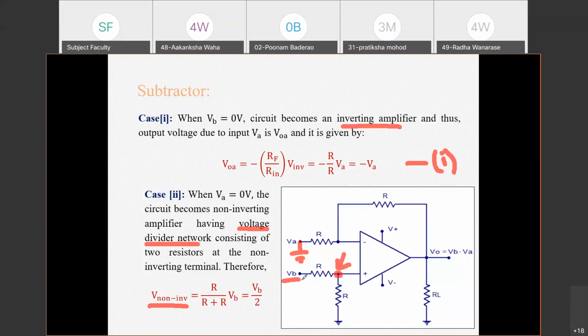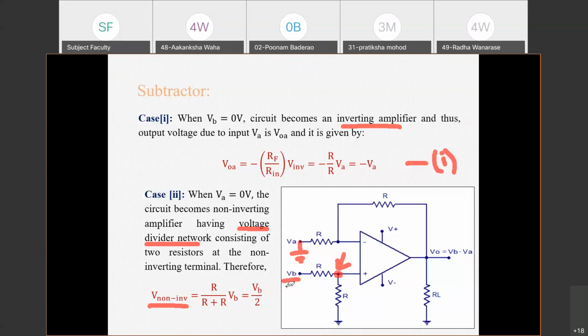There will be no current flow into the terminal here, so the same current will flow through this loop. So this is nothing but a repetition of voltage divider or potential divider biasing. The simple trick you should remember is that either you can go with KVL or you can just remember,